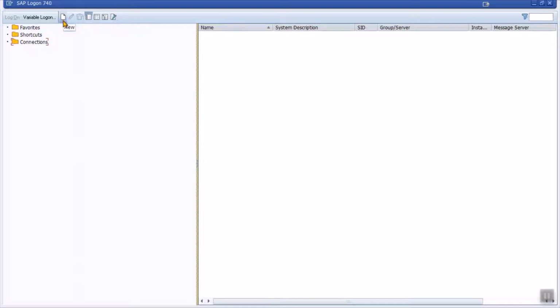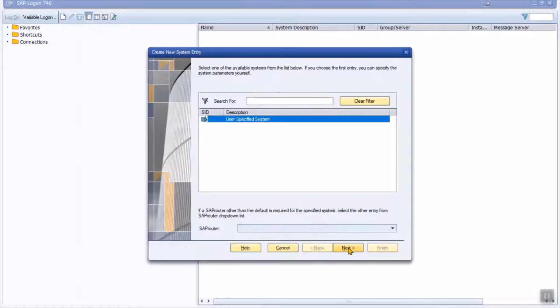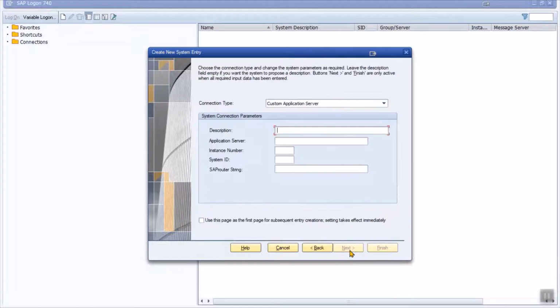If you see the button here, this is the button you need to press in order to create a new connection or add a new connection into your SAP logon pad. Here you see the user specified system, so you can just click next. For the connection type, you can just let it be the custom application server.